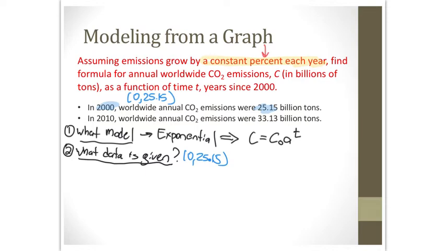We're given information about CO2 emissions worldwide in 2010. So we're told in 2010 it was 33.13 billion tons. And so this gives us a second point. In 2010, this is 10 years after 2000, so the value for T is 10, and we're told that the CO2 emissions were 33.13 billion tons. And now